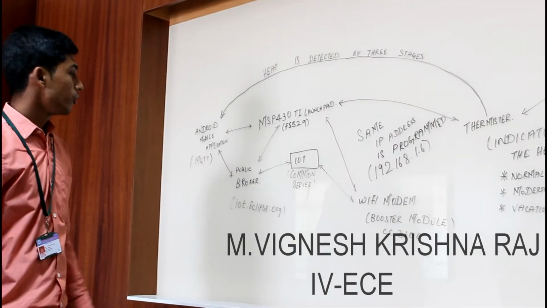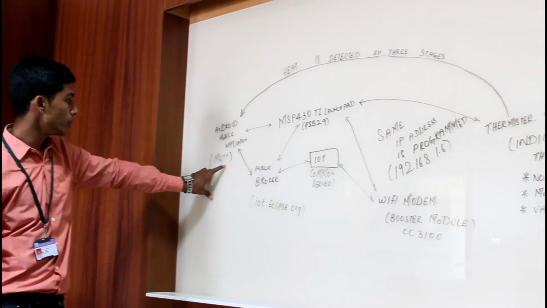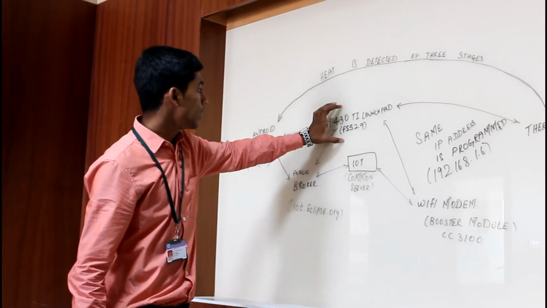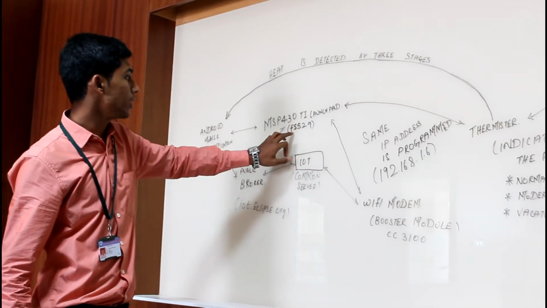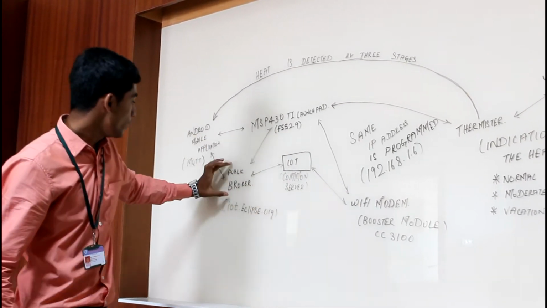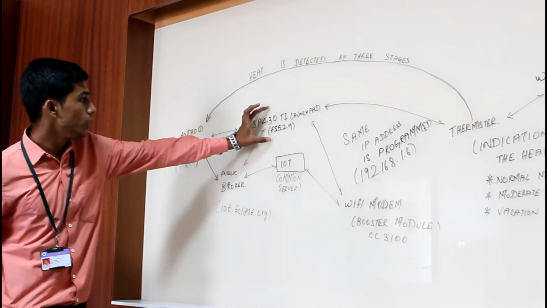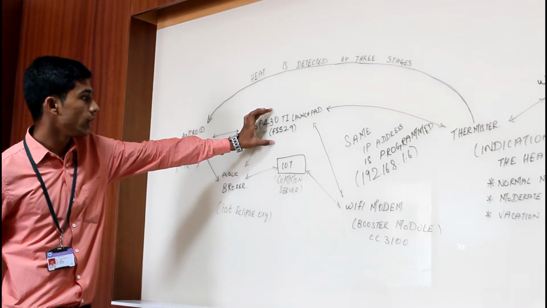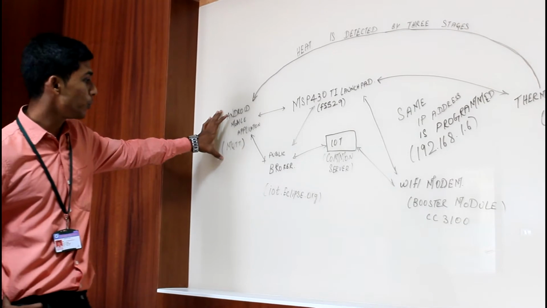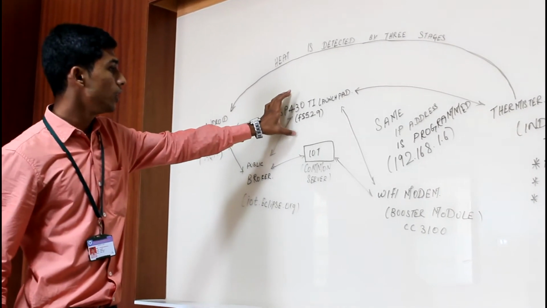This is a view of our project, in which the Android mobile application is used by the user. The name of the Android mobile application is the MQTT app, which is available free on the Play Store. The MSP430 Texas Instruments Launchpad MSP430F5529 is used in this project as the microcontroller, and the public broker ID is iot.eclipse.org, which is loaded in the MSP430 microcontroller as a program. The same public broker ID is given to the Android mobile application, and the port number is 1883, which is given as default in the MSP430 microcontroller.